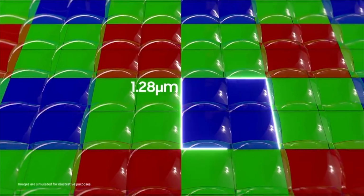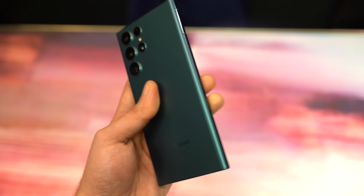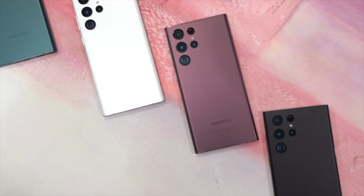There's a strong possibility that this could turn out to be a marketing gimmick. Still, this is the highest megapixel on a phone right now, so I'm still very interested to see the actual real life performance. Now, it's also got two impressive cameras. We have a 50 megapixel ultra wide angle lens and a 12 megapixel zoom lens. There's no periscope zoom camera setup on this thing, so the S23 Ultra still remains to be the most craziest